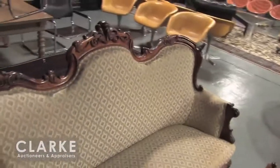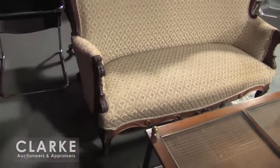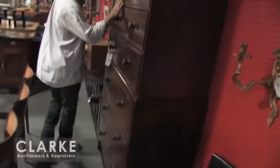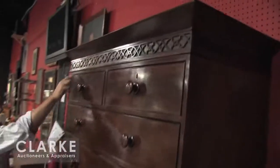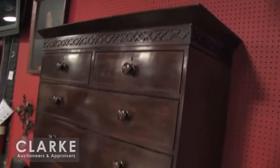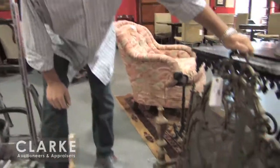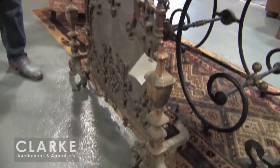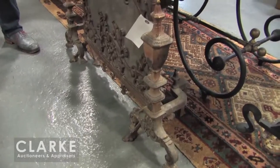We have Victorian furniture, including this sofa and another sofa as one lot. Here, a big English chest on chest with nice blind fretwork carving at the top and sort of French flared feet. Another nice lot is this 19th century fireplace ensemble, including this screen, which wasn't until I saw it on the